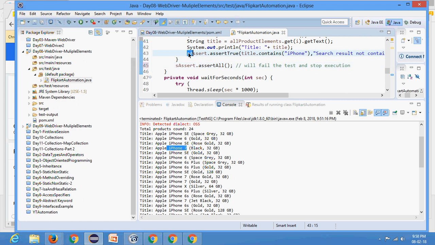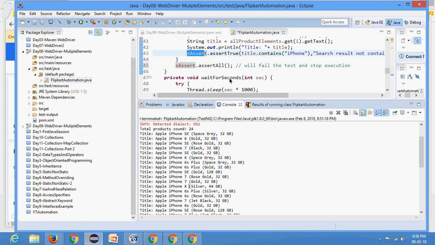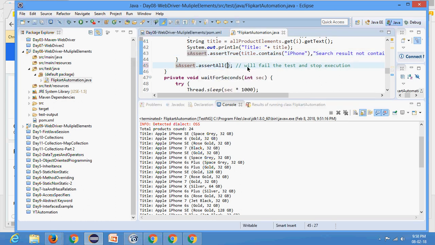Only if any one of the asserts from the 24 products fails, only then it will fail the test case and stop the test case execution. All right, I hope it is clear. But let's say if 3 products fail, then assertAll will fail the test case,